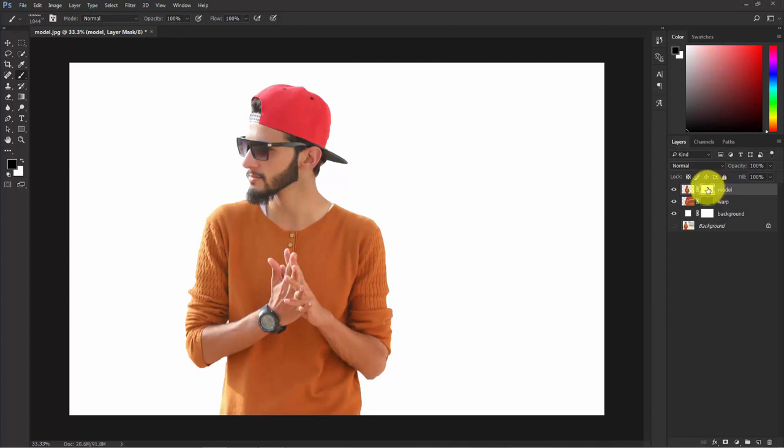Now select the mask of this model and make sure that the foreground color is black. Now make the brush very small. You may not see that, but it works. And start painting like this. Oh, it's too big. Make it a little bit smaller. As you can see,